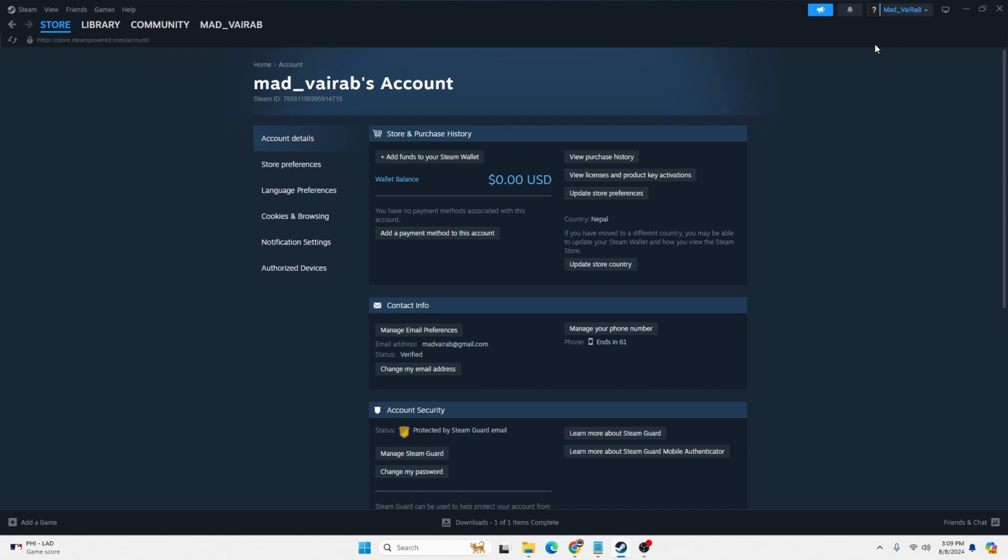Now in order to add a payment method to your Steam account, you can see here there's a button that says add a payment method to this account, where my mouse is hovering over here. Click on that button where it says add a payment method to this account,